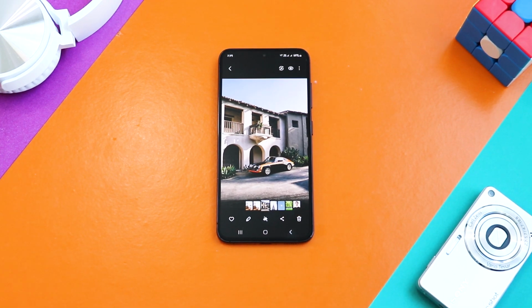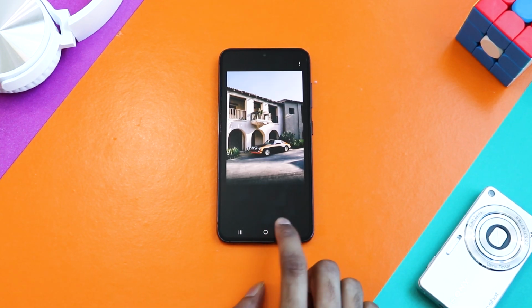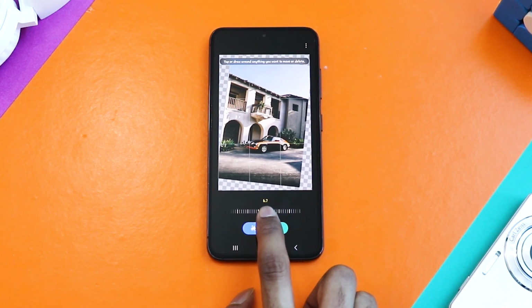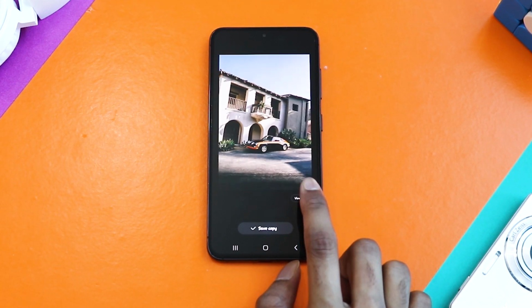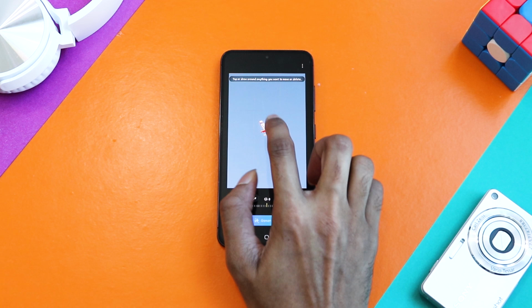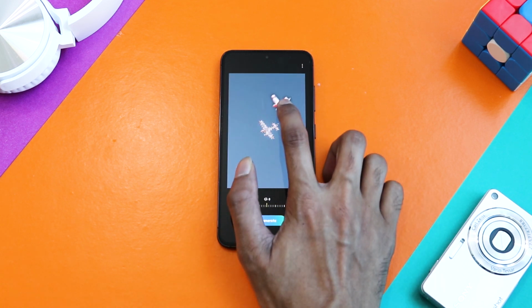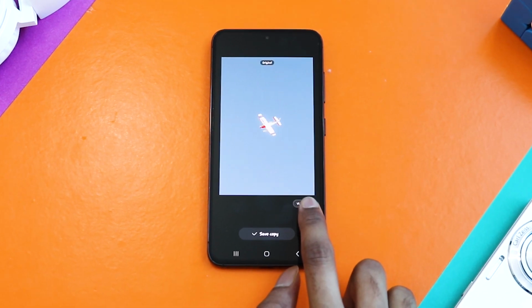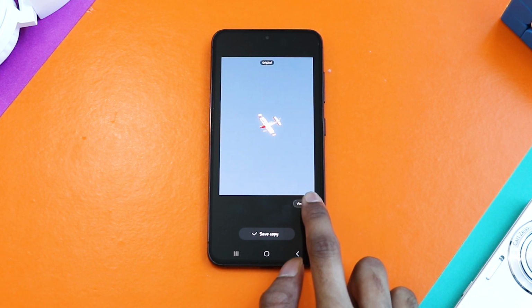Apart from this, you can straighten a tilted image easily by opening the AI editor and then straighten the image by moving the slider and then hit generate to complete the process. Or you can select an object by drawing a circle around it and then tap and hold on it to move it to a new spot. And here is the before and after, and I have to say the AI has done a fairly decent job